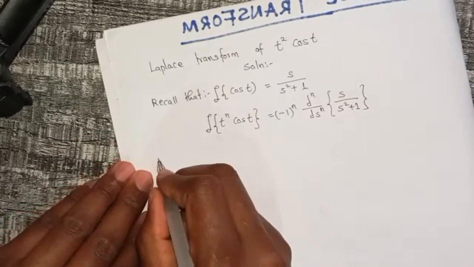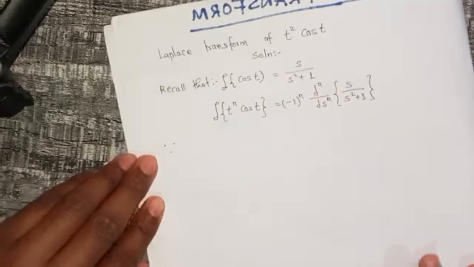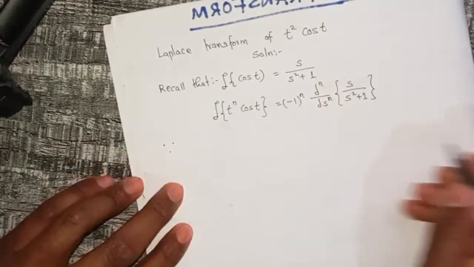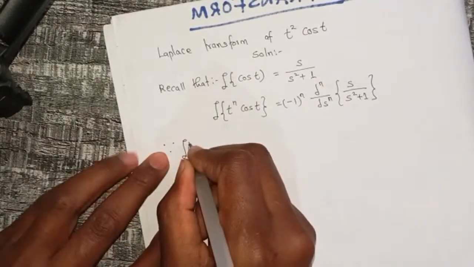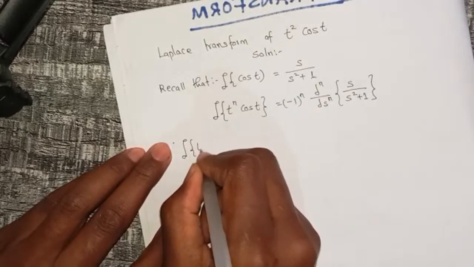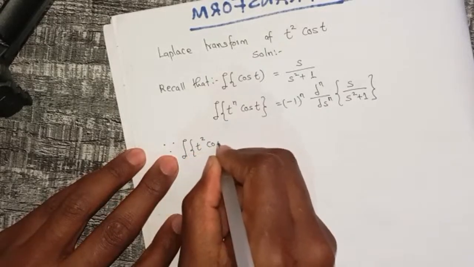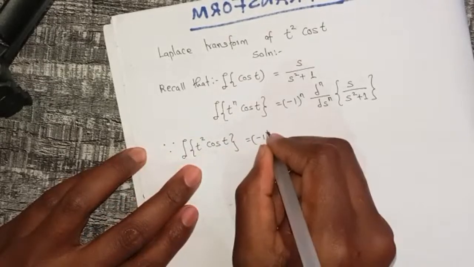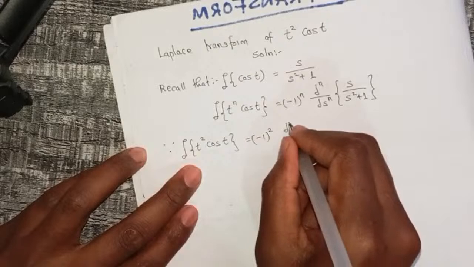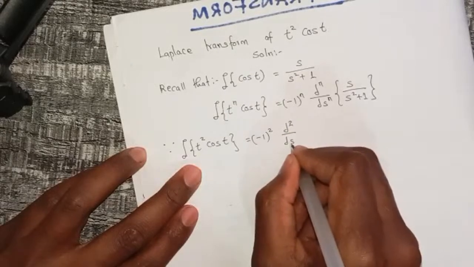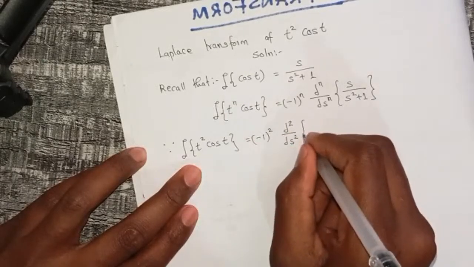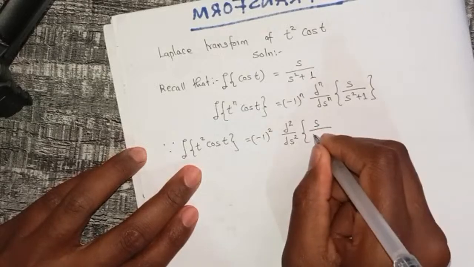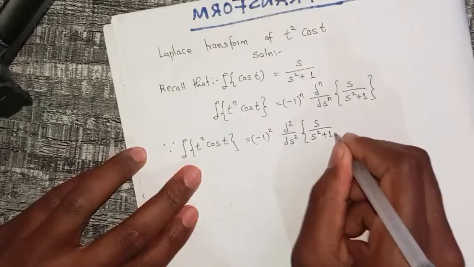So therefore, you can simply say that the Laplace transform of t square cos t is equivalent to negative 1 squared, the second derivative with respect to s of s divided by s squared plus 1,